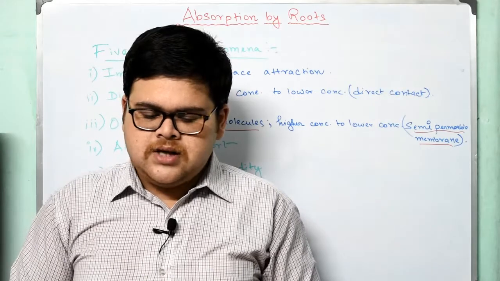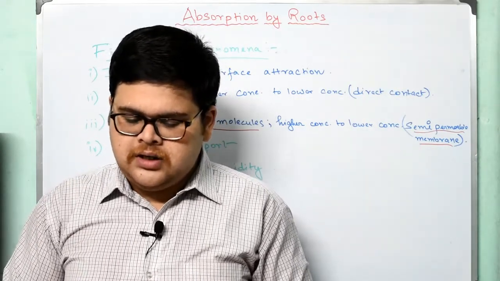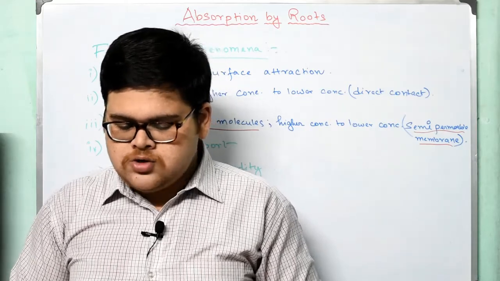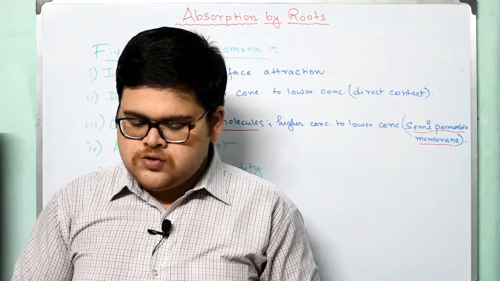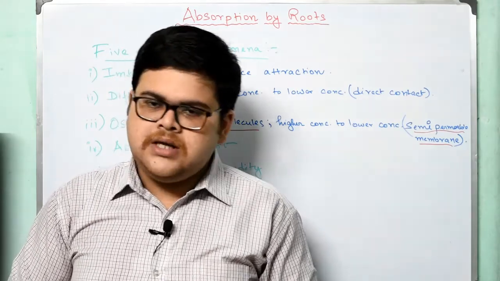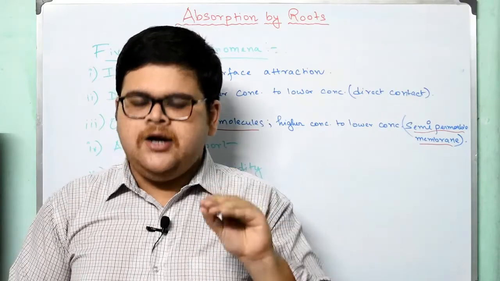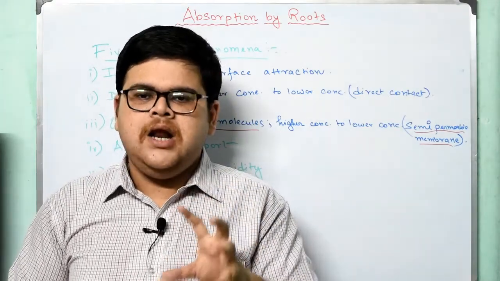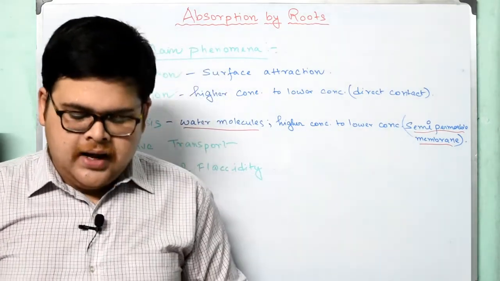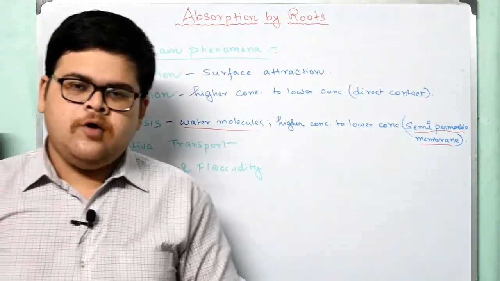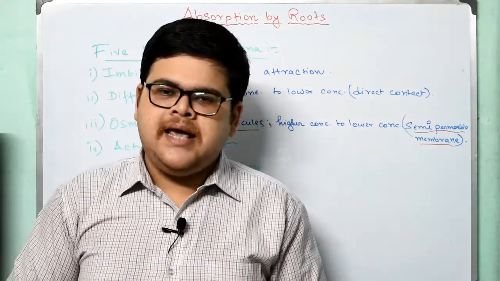Now what is hypotonic? Hypotonic is a condition where the solution outside the cell has a lower solute concentration than the fluid inside the cell. As a result, water molecules from the outside move into the cell. From outside it will come inside, and it is known as endosmosis. Endosmosis will occur over here. And what is hypertonic? In hypertonic, water molecules move from inside to outside, and thus it is known as exosmosis.